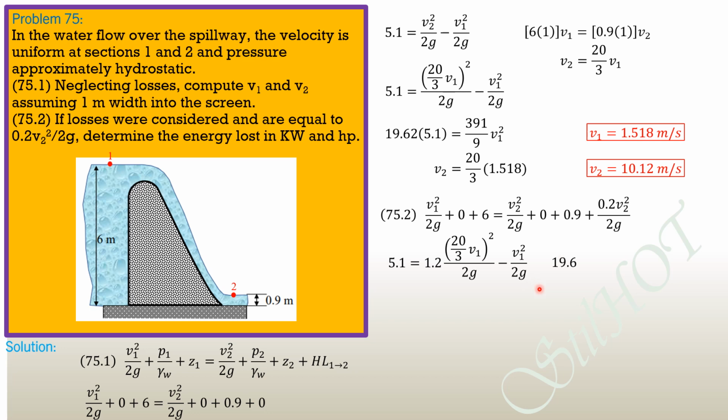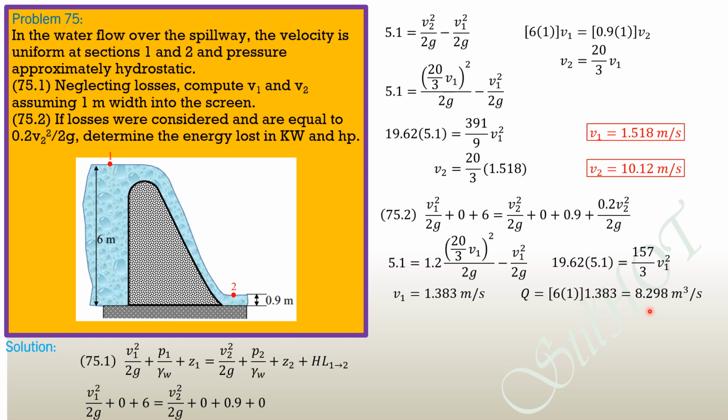Simplifying, 19.62 times 5.1 equals 157 over 3 V1 squared. So from here we can solve V1, and it is equal to 1.383 meters per second. Then Q is the discharge: 6 times 1, the area of section 1, times V1, 1.383, so 8.298